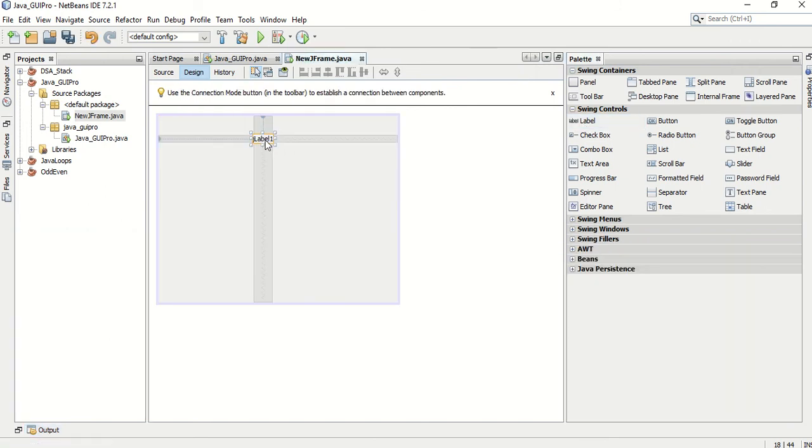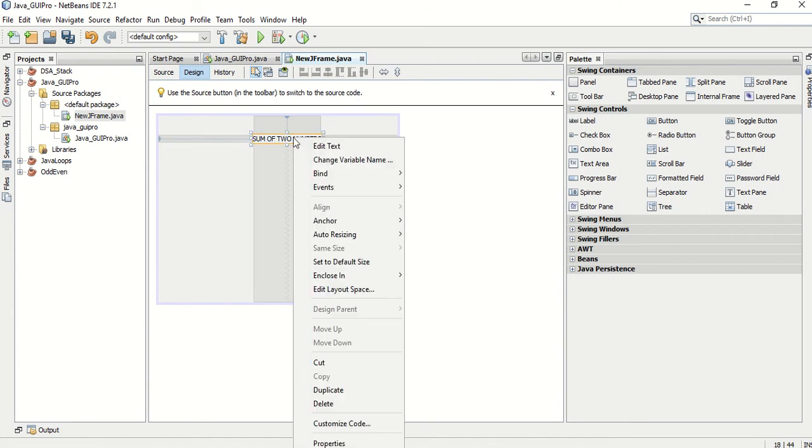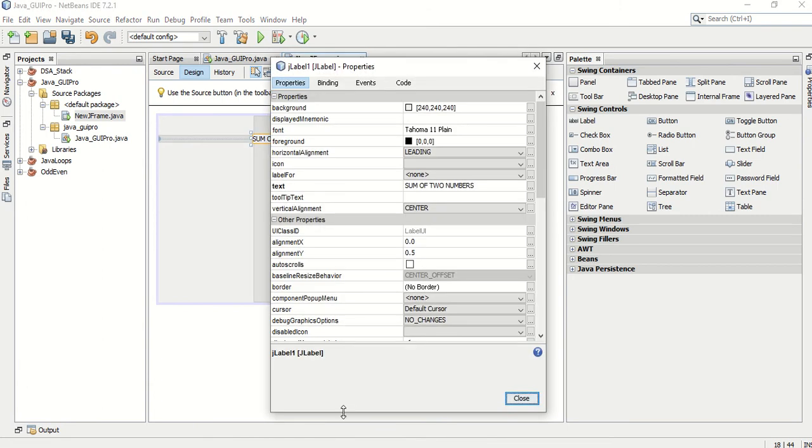So we are going to take the label here. Then I'm going to edit it: sum of two numbers. Here you can change these properties.